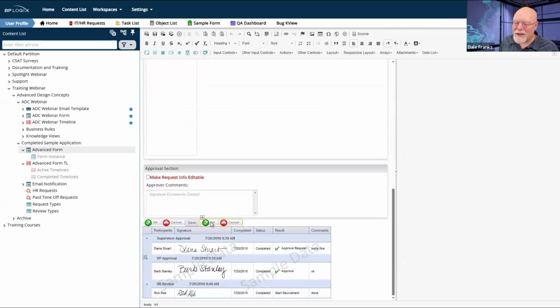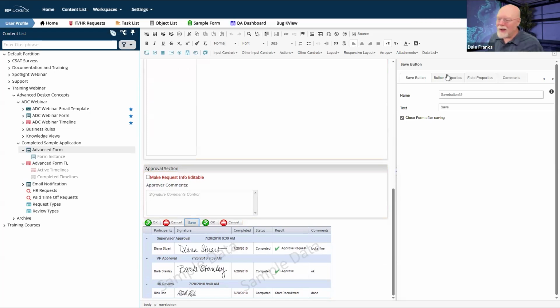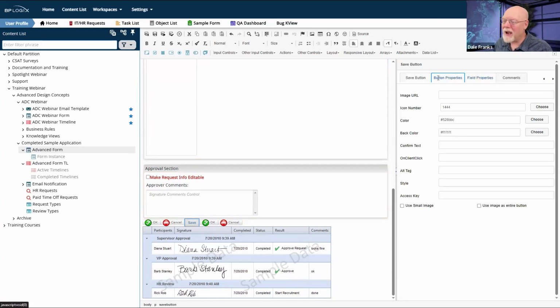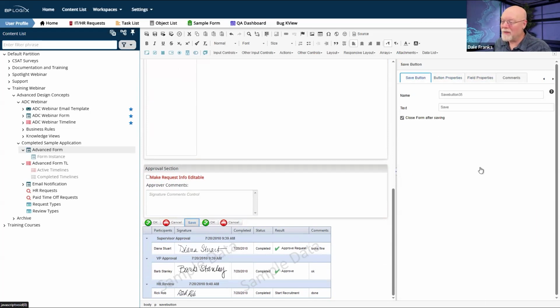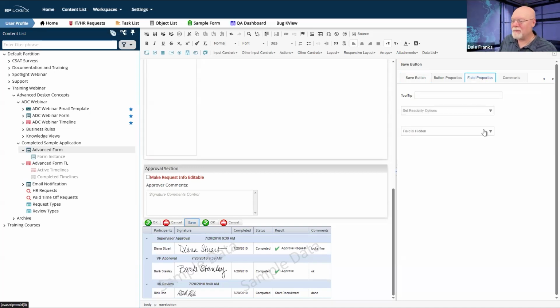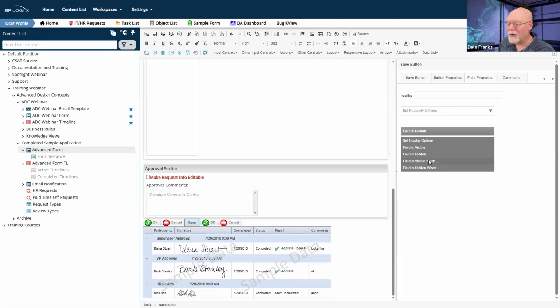Let me go to my save button. And I'm going to go to its field properties. Actually, I got to do two things. First off, I got to go to my save button, and I've got to ensure that close form after saving is selected. Then I got to go to my field properties, and I've got to say field is visible.